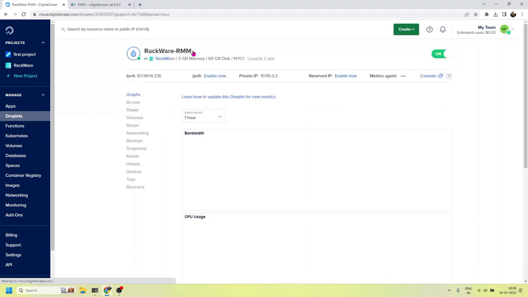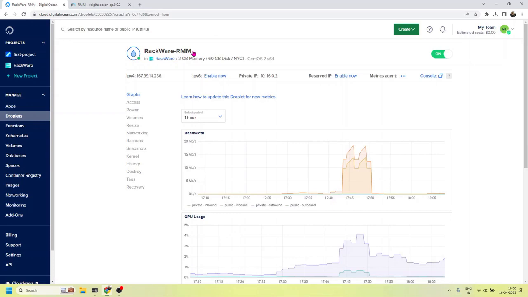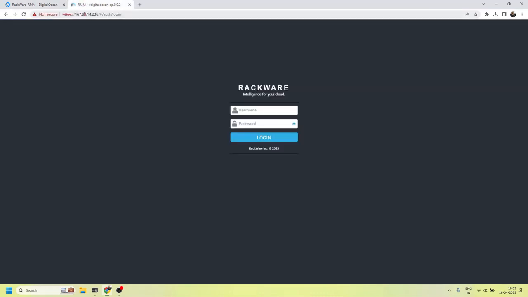So we have a very nice documentation written for the installation steps. So we will share it with you, the end user, and the end user can follow the documentation to deploy the RackWare software. The next step is to take the IP address of the RackWare server and key it into